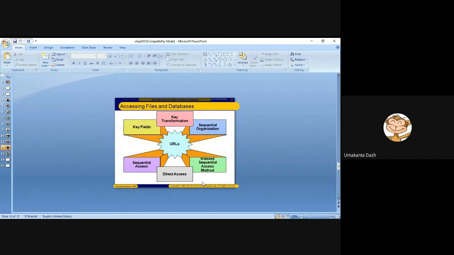This is how we access the file and database: through this URL. Do you know the full form of URL? Uniform Resource Locator. In that, it will be defined something like HTTPS, colon, double slash, then the domain, then it will be defined as